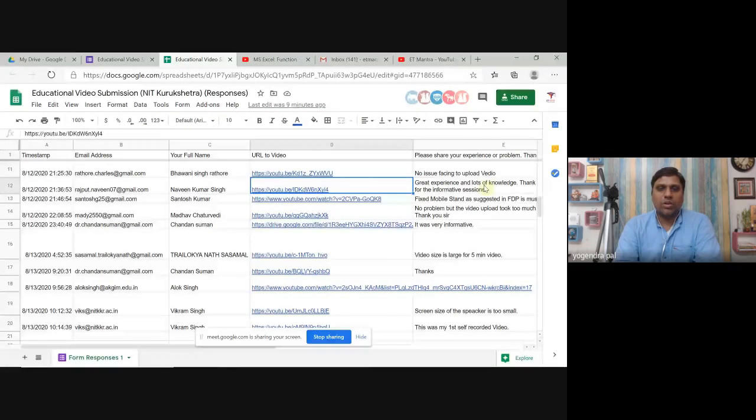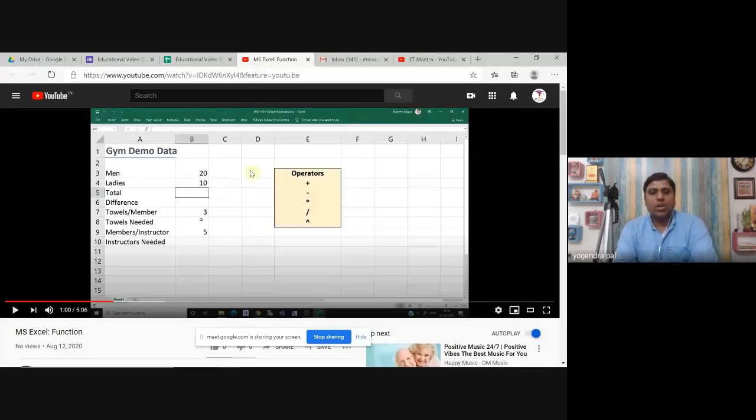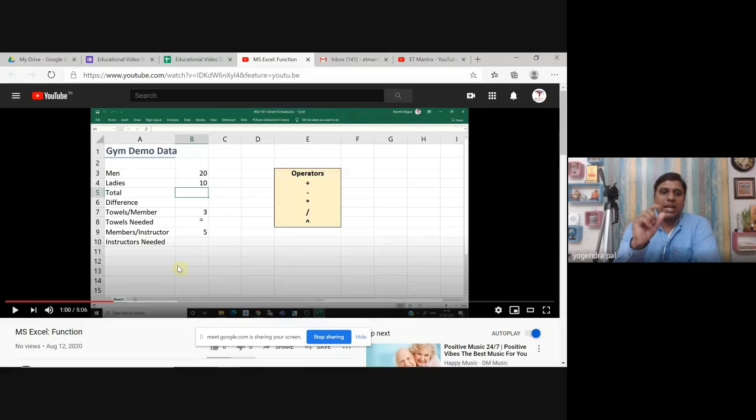Okay. So the good thing about this video is that he also took care of the font size. See, generally Excel sheets don't have such large cells, correct? But he has put in extra effort to zoom the sheet. And now when this sheet is zoomed, we can clearly see the text. Text is readable, everything is visible properly. As far as audio quality is concerned, audio is really good. Maybe he has used a noise gate.